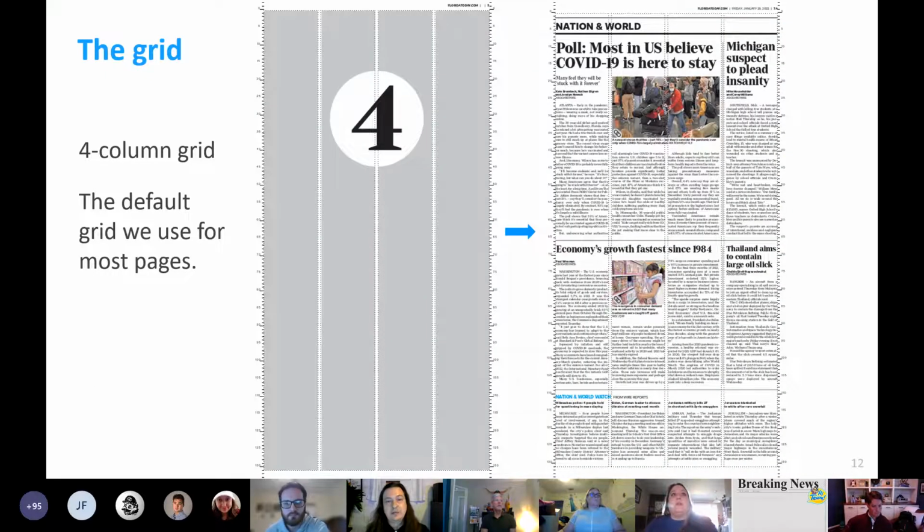The Design Center has 4 different grids to choose from, and we're going to go through all of those right now. While having 4 different grids may not sound so simple, there's a reason for each grid. And the vast majority of pages that we design follow the 4-column grid, which is seen here. And when in doubt, my advice to designers is to stick with the 4-column grid because it really is the most universal and easy grid to use.